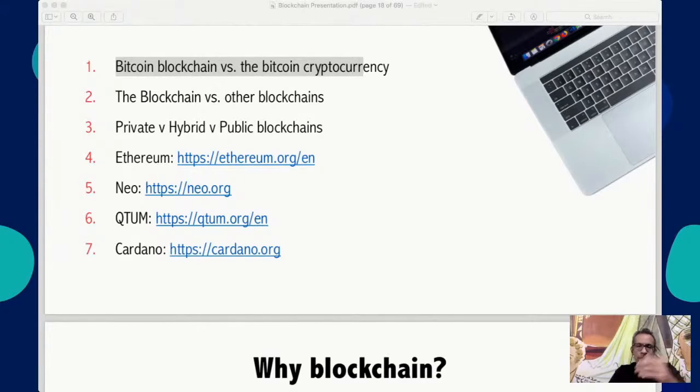So as an Indian, you may not be able to buy Amazon or Facebook or Apple shares because they are listed in the US, for example. So what do you do? You could go to these DeFi platforms and say, I want to buy Amazon shares. They will give you this kind of a token, which is backed by the Amazon share held by somebody in the US. And those are other examples of NFTs.